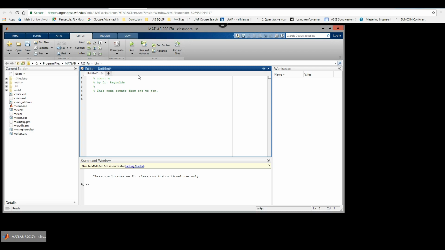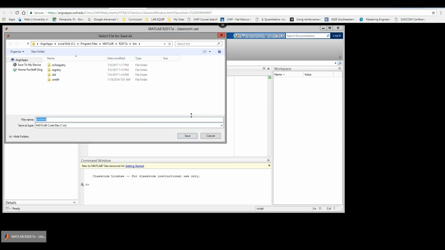Then I'm going to type in the code. It's for j equals 1:10, then it's disp j, and it's end. So there it is. Now, the thing you've got to be careful with is that by default, it starts in an area here, C, program files, MATLAB. You can't even save in that. In fact, if you try to save it and say, I want to call this count.m here,